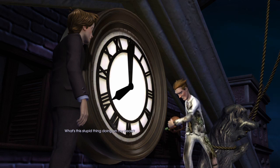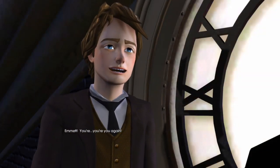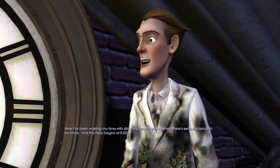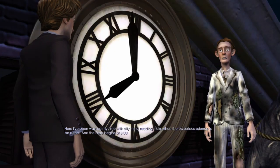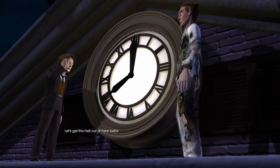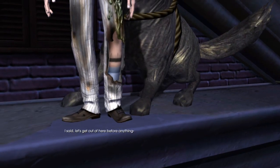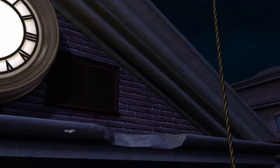What's this stupid thing doing on my head? Emmett, you're you again. Here I've been wasting my time with silly mind-reading tricks when there's serious science to be done. And the expo begins at 8! Let's get the hell out of here before anything else happens. What? I said, let's get out of here before anything...